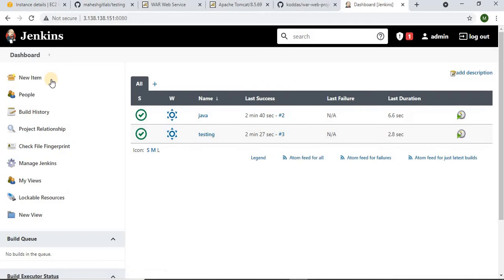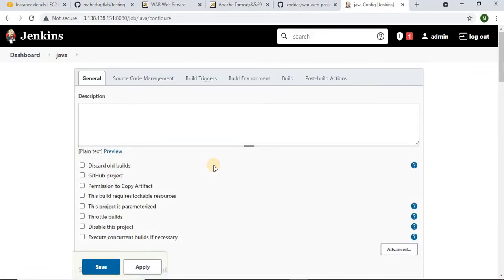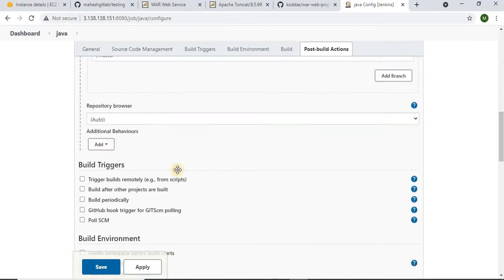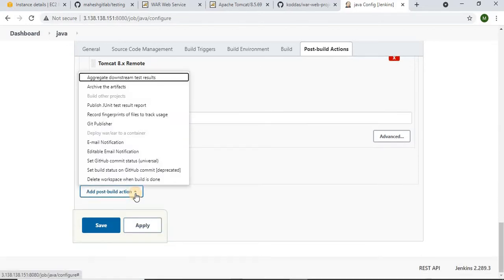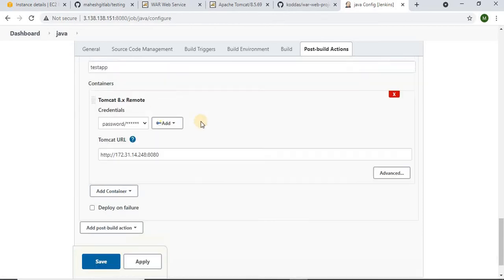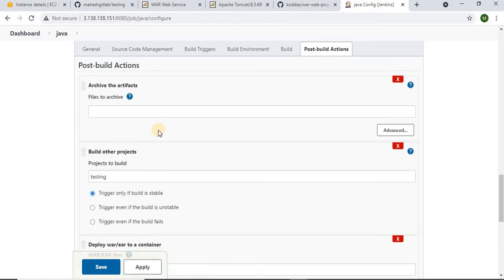Go to the dashboard. Okay, come to Java, configure. Next, let's go to post build. Once you go to post build, you can see one option here: archive the artifacts. Click on this.